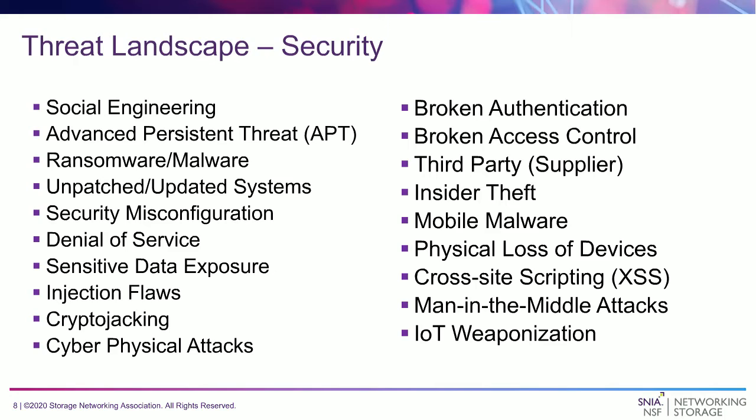So you see social engineering, and I guess this is probably where I should make the comment. The weak link from security tends to be the people involved, not the security professionals, but it's the human element that tends to be the weakest link, and so social engineering plays very heavily into that. The advanced persistent threat element is something that really gives security professionals a lot of concern, because these are the things they don't necessarily know about, and you may have malfeasant behavior sort of lurking in your infrastructure for extended periods of